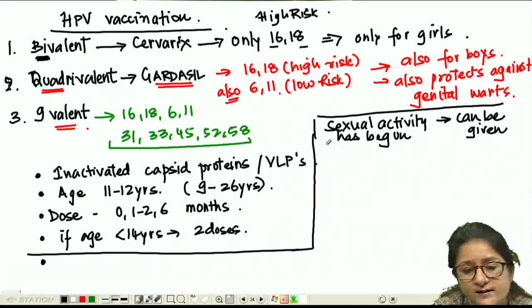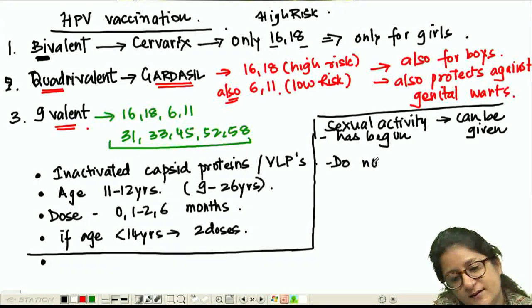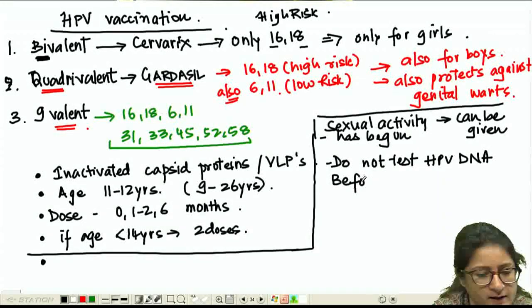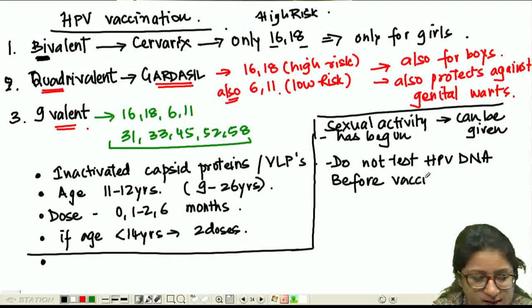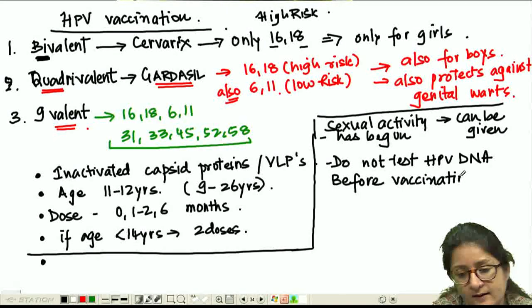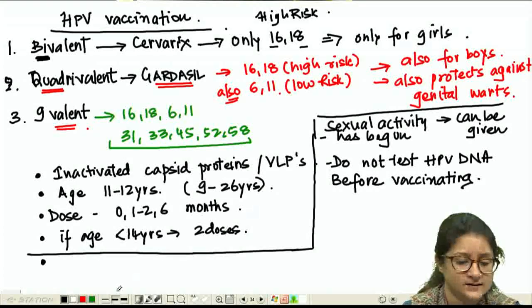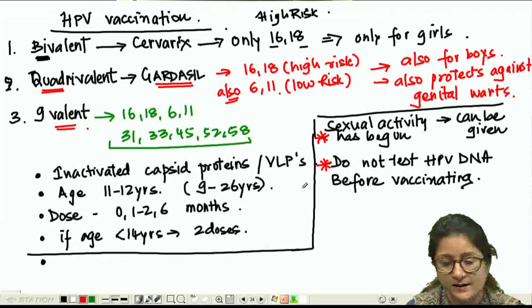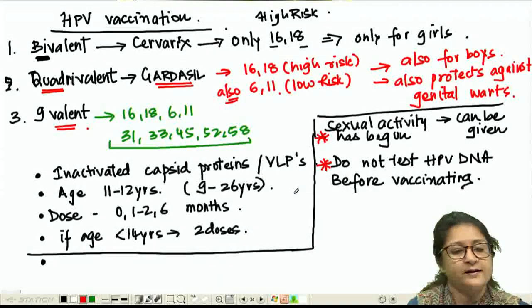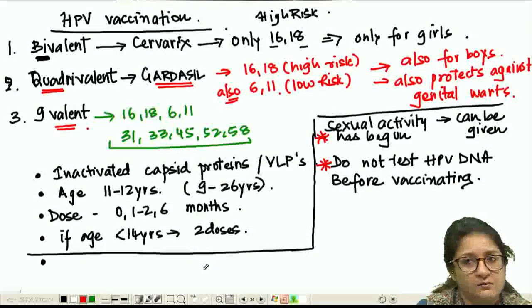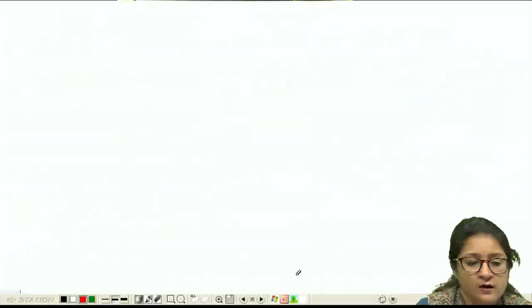And we do not test HPV DNA before giving this vaccine. We do not test for HPV DNA before vaccinating. And again, the last point which I reiterate, that if a woman has received the vaccination, she should be screened anyhow. Right now, whatever be the screening method, we can get